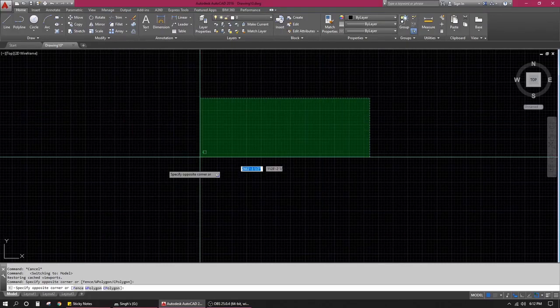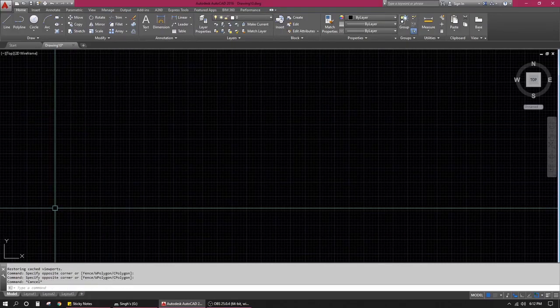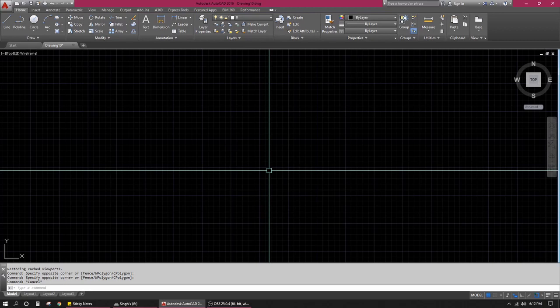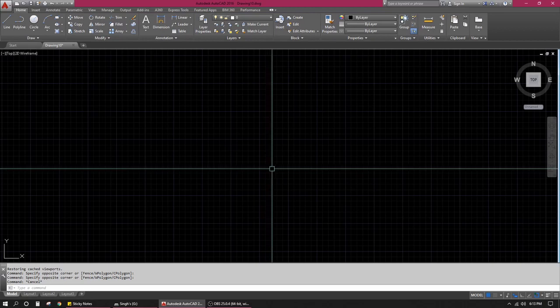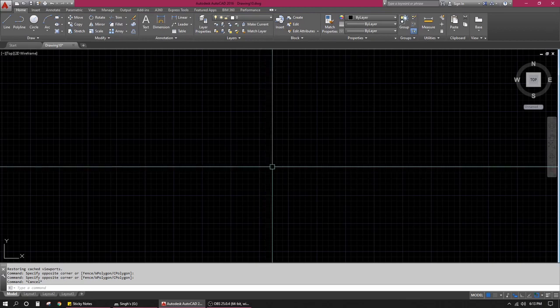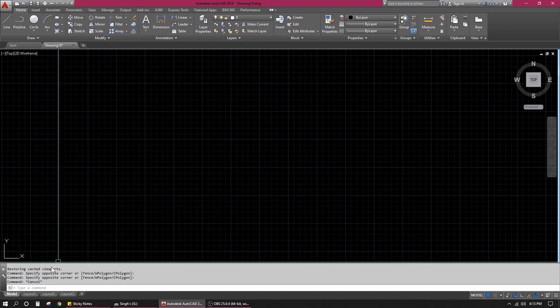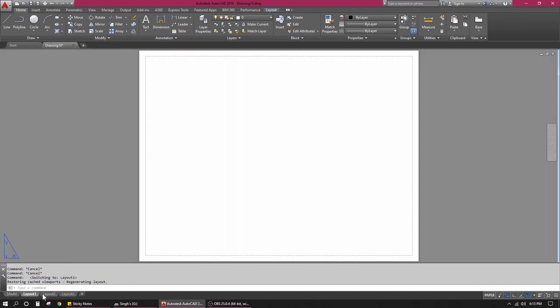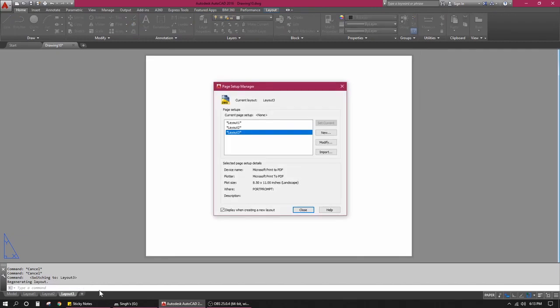Suppose there is a bungalow that you have designed. You can put all types of plans, sections, elevations, and everything in the model space, and then you go to layout 1. Probably your layout 1 could be your brick drawing. Probably your layout 2 can be your slab drawings. Probably your layout 3 could be your sections and elevations, or tile drawings.